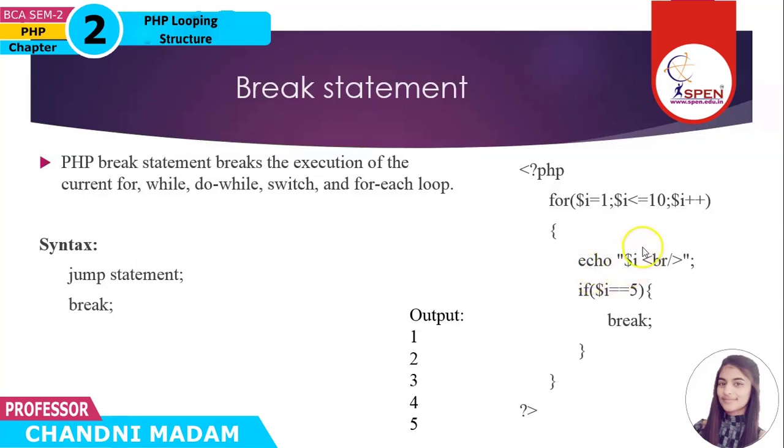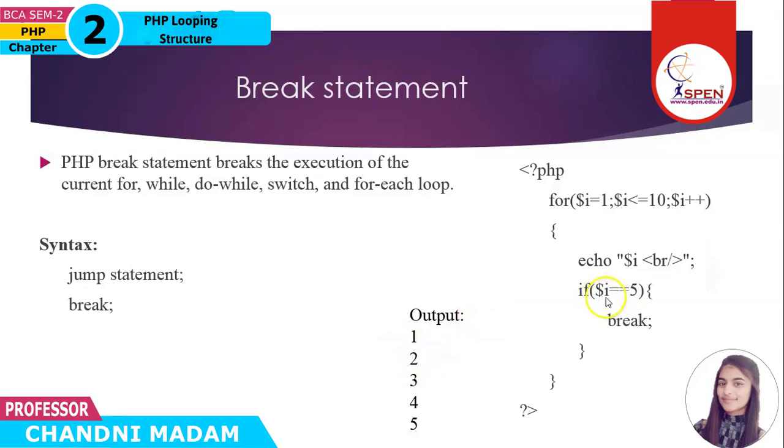Here we print our $I variable. So $I variable first time is 1, so it prints 1. Now the next line is if I equal to 5. Here I is not equal to 5, so it skips that and increments the I variable by 1. So now the I variable is 2. 2 is less than or equal to 10, the condition is true, so we print the value of I. Here we print 2.